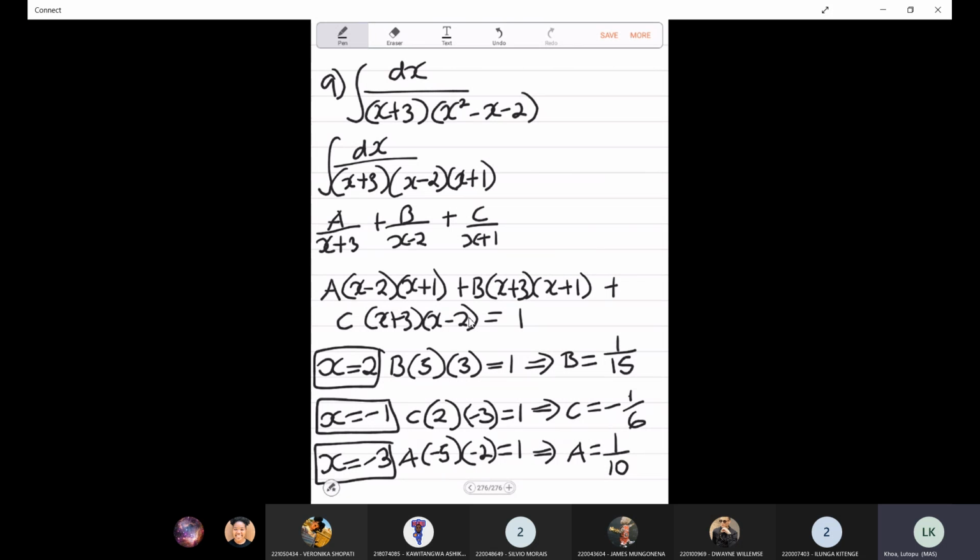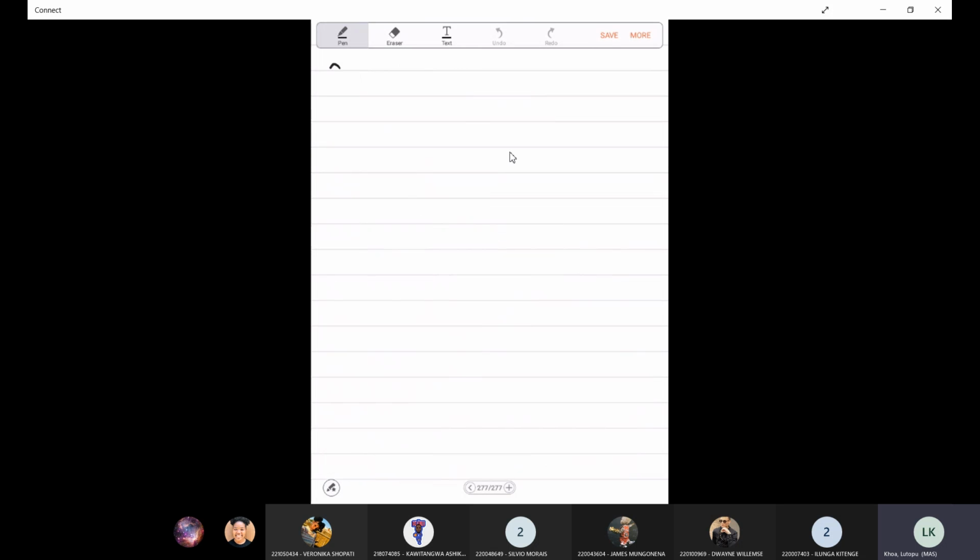So now that we have our a, b, and c, we would substitute them there and then integrate. We are integrating a over x plus 3, so I have 1 over 10 over x plus 3. Then b over x minus 2, so that's 1 over 15 over x minus 2. And then c, which is minus 1 over 6 over x plus 1